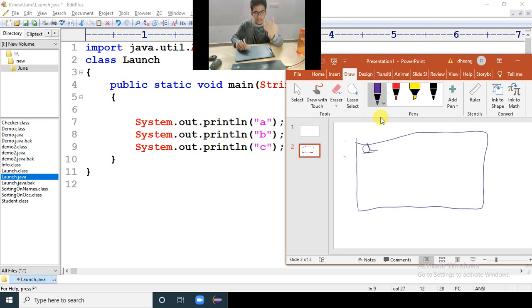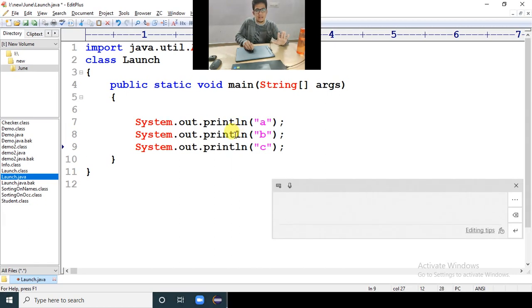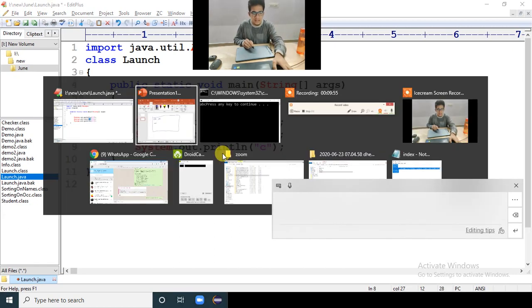As soon as you print A in the print statement, the cursor was here. But this is a println, so the cursor will be in the next line. In println, as soon as it prints, it will come to the next line. So there is a println B. Println B means first print B, then go to the ln. You can see the name, right? So first it is print, then go to the ln. So like that it is.